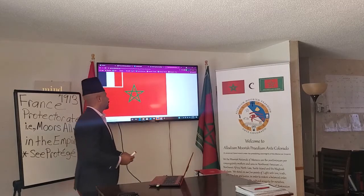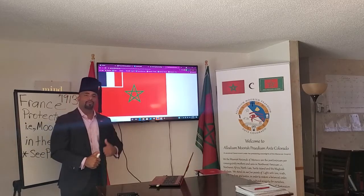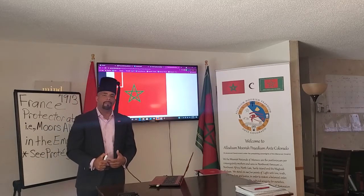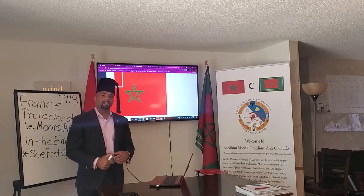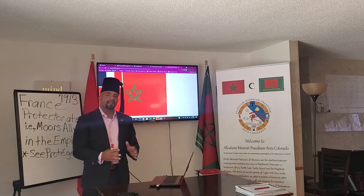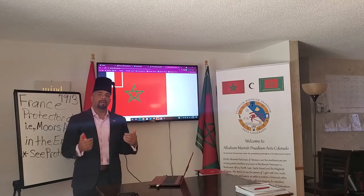First things first, notice I have a flag up here. This flag was ratified after the signing of the Treaty of Fez, F-E-S, commonly known as Fez, F-E-Z, of 1912. So the Treaty of Fez, 1912. The flag that we're looking at now is in regards to France and the Empire of Morocco coming together